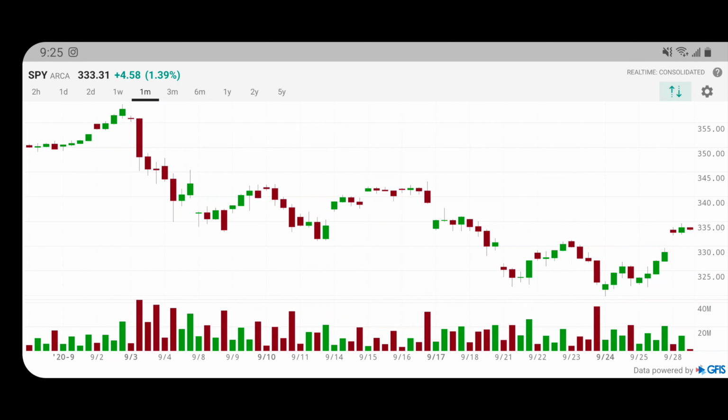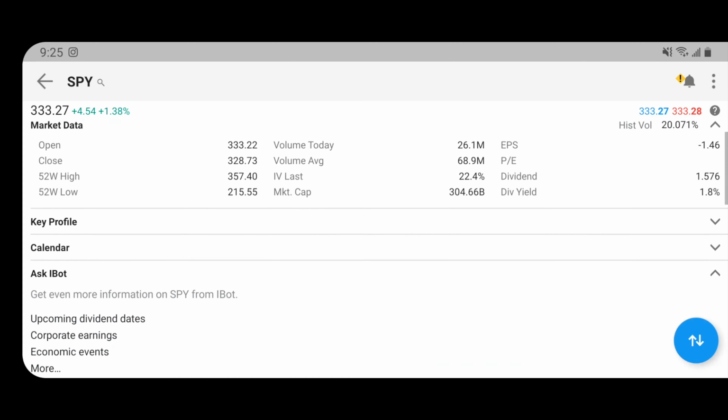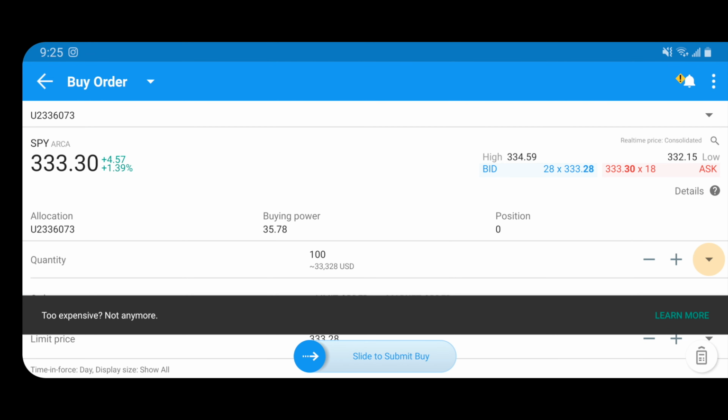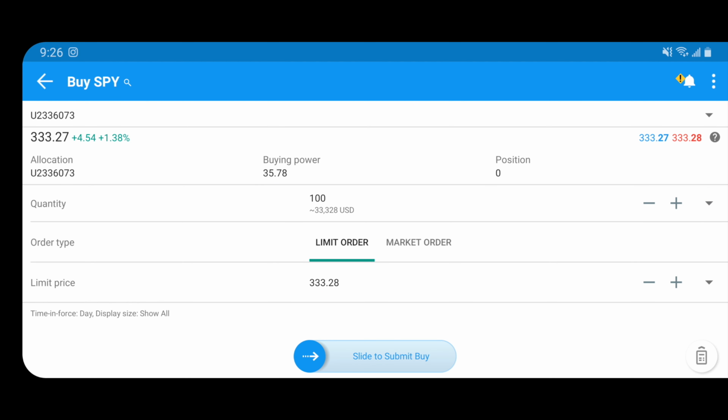At that point, if you want to go back or get out of this screen, just click. And then if you want to buy it outright, click on buy. You see here the position is how many shares you're currently holding. Right now I'm holding none for the SPY. The quantity is obviously how many shares you want to buy, and then what is the value of those shares,